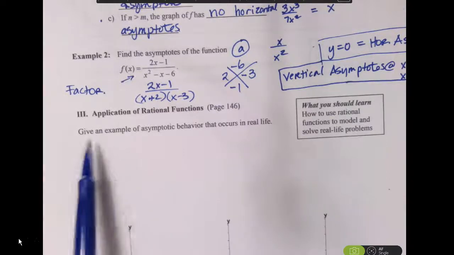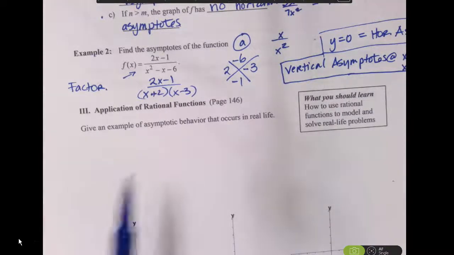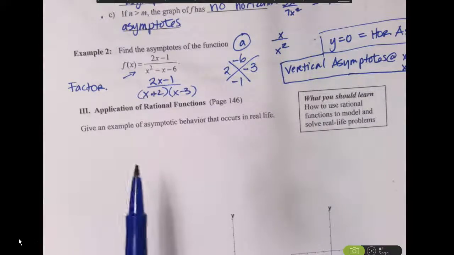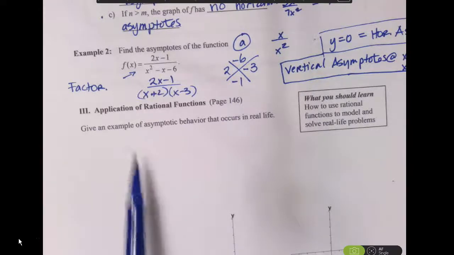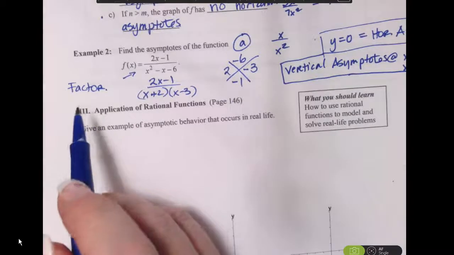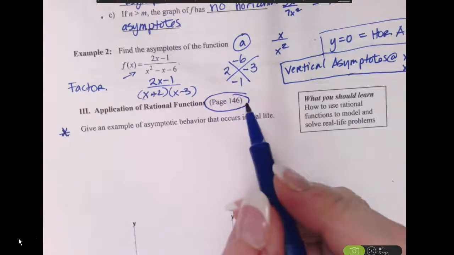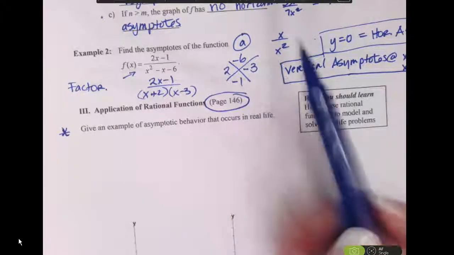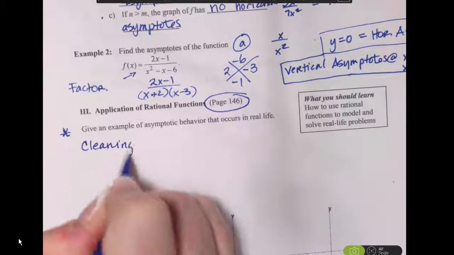Okay, so my last question is to give an example of a real-life situation where you have asymptotic behavior. And so I am going to leave that for class time. You can read the example on page 146 about cleaning coal, and cleaning pollutants from the air. And basically you can spend